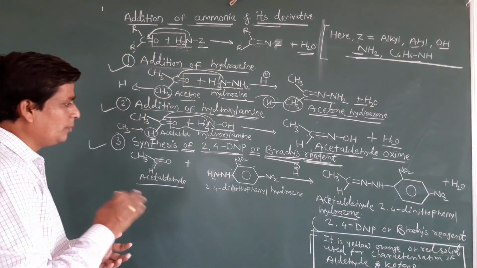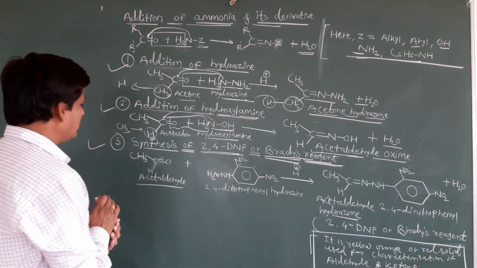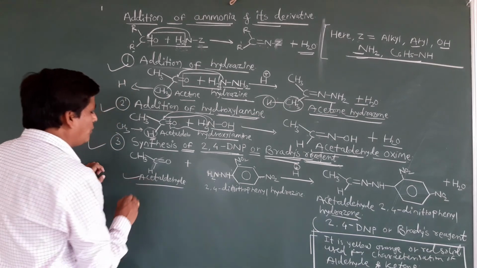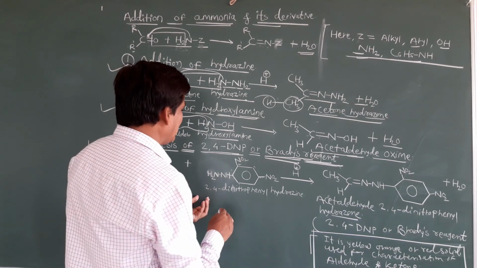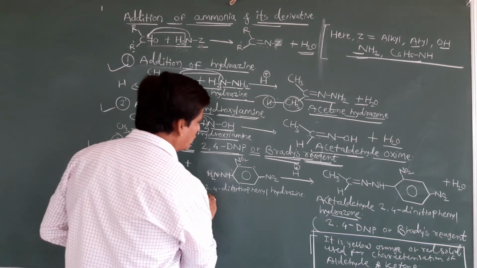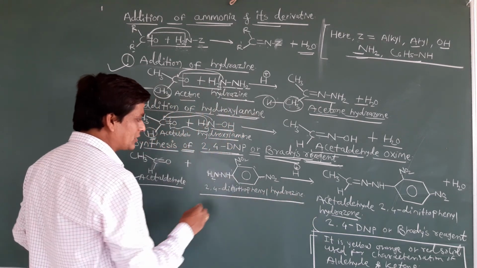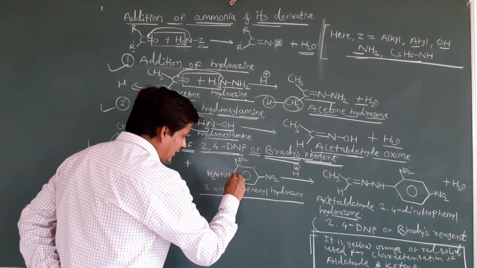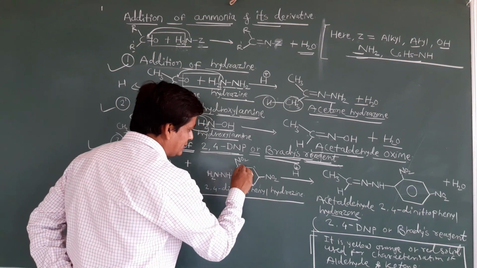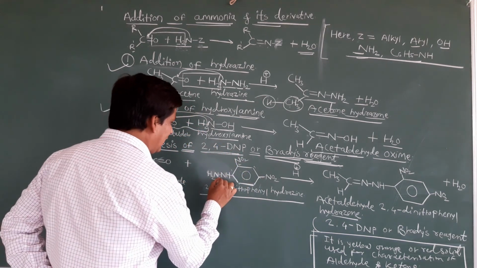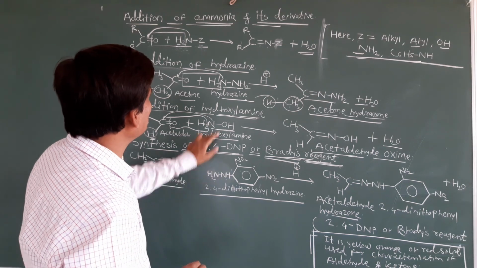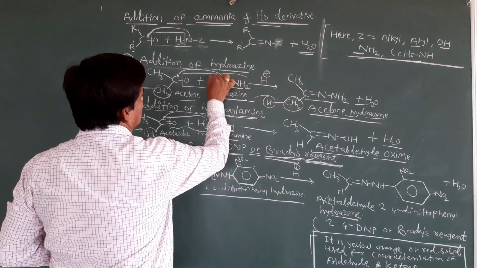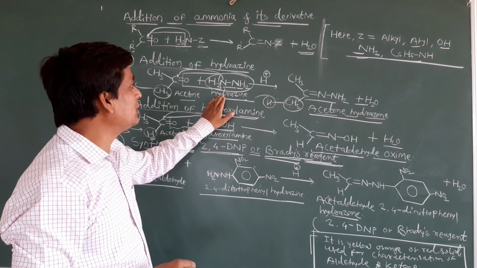See the reaction, how Brady's reagent is obtained. First of all, you can take acetaldehyde, or you can take a ketone also. Anyone you will take. Then here I am drawing the structure of 2,4-dinitrophenylhydrazine. How is this structured? See, this is a benzene ring. All of you see, this is benzene, and in that benzene, the NH group means this is hydrazine. The hydrazine structure you know, we already discussed here. NH2 single bond NH2 is nothing but hydrazine.